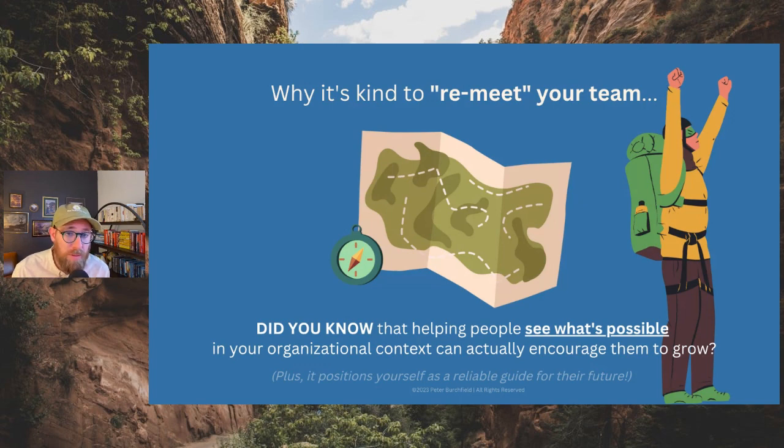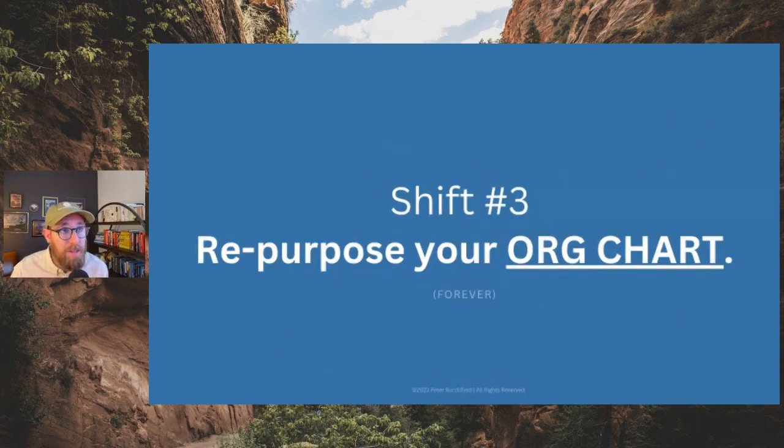And that's what they're looking for. They're just looking for places where they can be fulfilled, they can do great work, they can be around great people, and you actually get to position yourself as part of that solution. Now, it doesn't mean that everyone is going to take that opportunity, and that's why this role clarity conversation is so helpful, because even if and when it's time to make a change, you have already positioned yourself as the champion of their potential and the friend and the guide on their own leadership journey. And so it's going to be really clear and obvious when it's time to make a change.